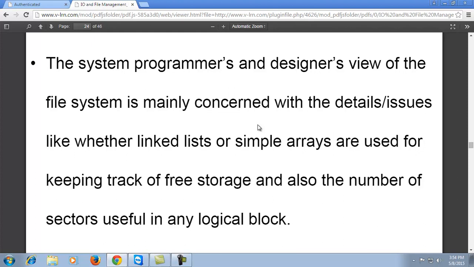The system programmer's view of the file system is mainly concerned with detailed issues, like whether linked lists or simple arrays are used for keeping track of free storage, and other structures such as queues and stacks. These are all linear structures for storing and accessing content, and they have index values for providing random access to particular data.